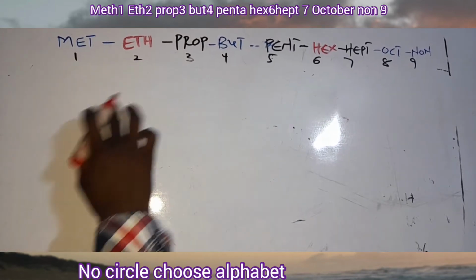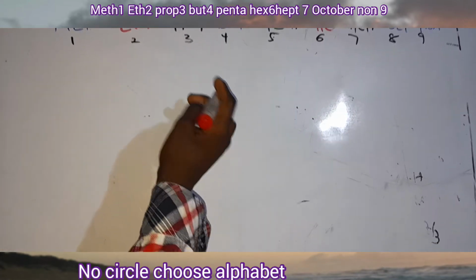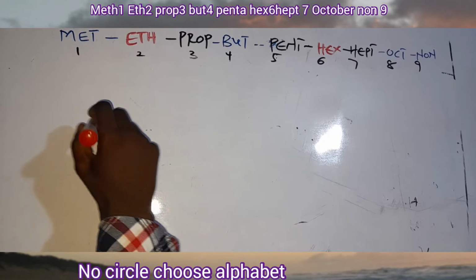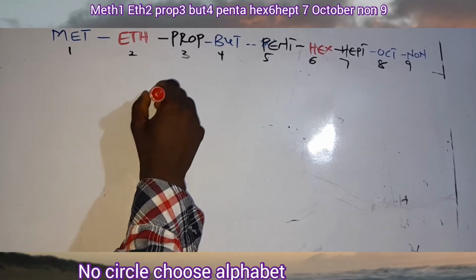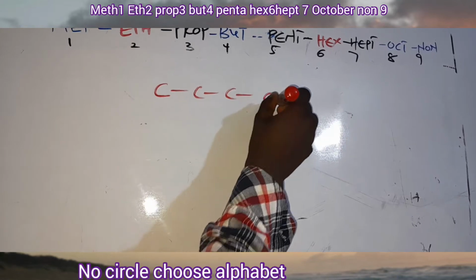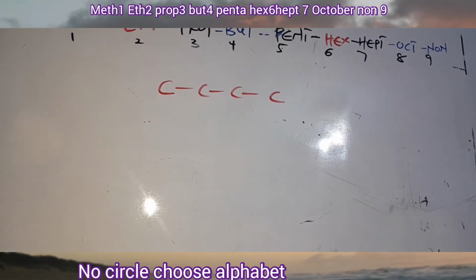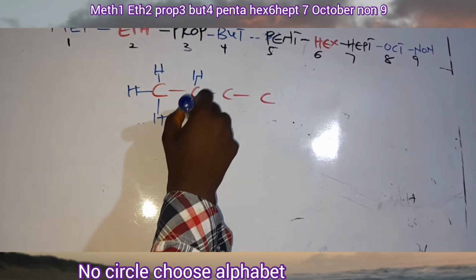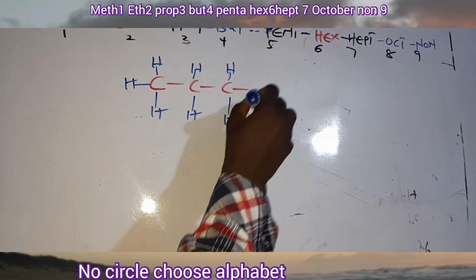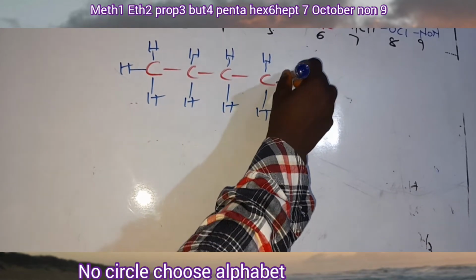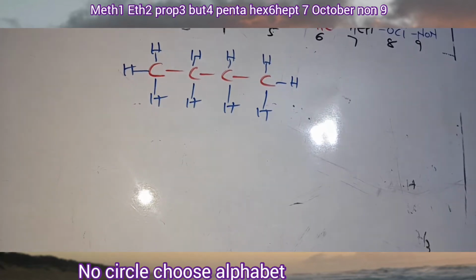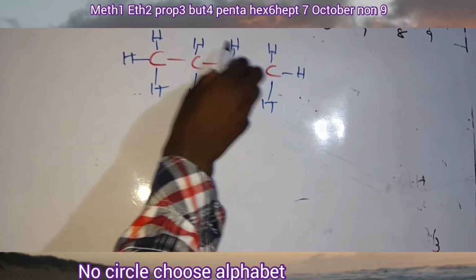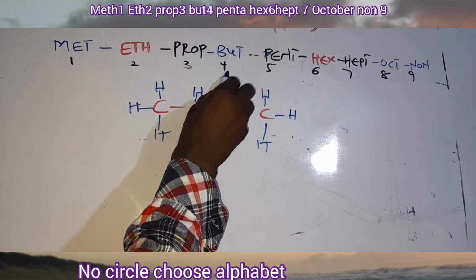All right, so now we know we learned about hydrocarbons. For hydrocarbons, it contains hydrogen and carbon atoms only. So for instance, if I have a compound, look at this particular compound, C, C, C, C. Now you have to name this compound. We have H here, H here, and so on, all around the carbons. Now, what will be the name of this compound? Look at how many carbons we have here: 1, 2, 3, 4. So we said if the carbons are 4, remember, it's but. So the name is going to be